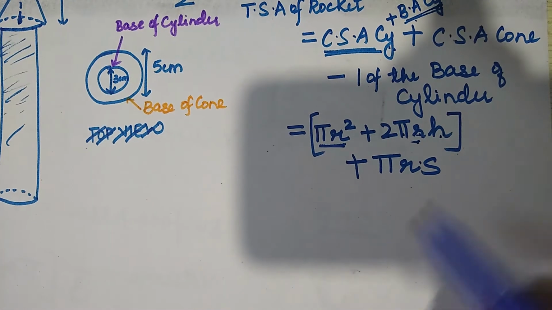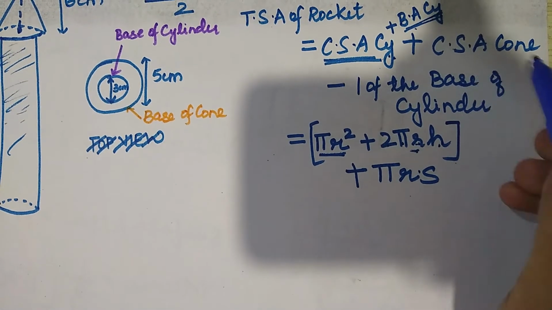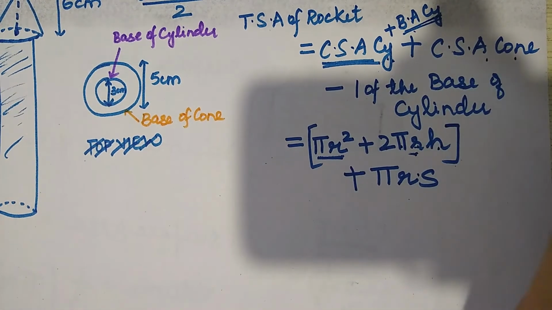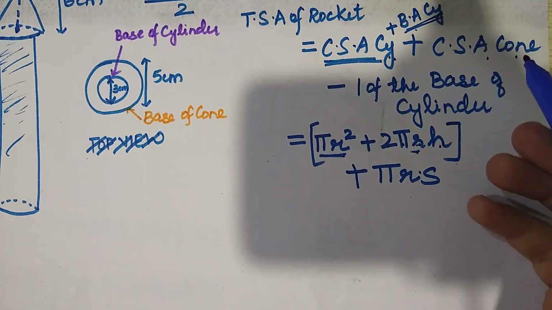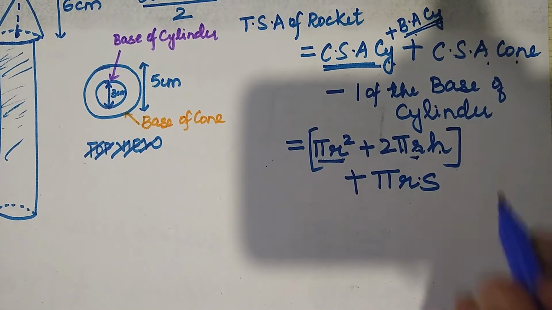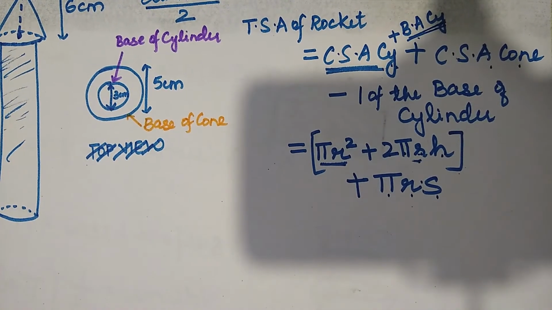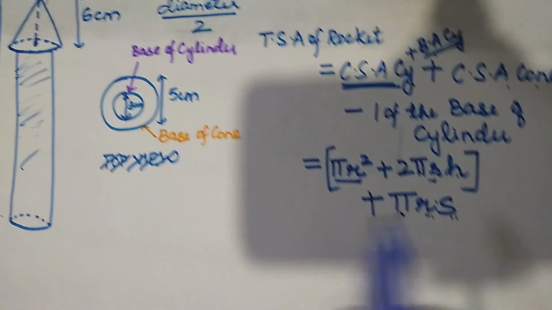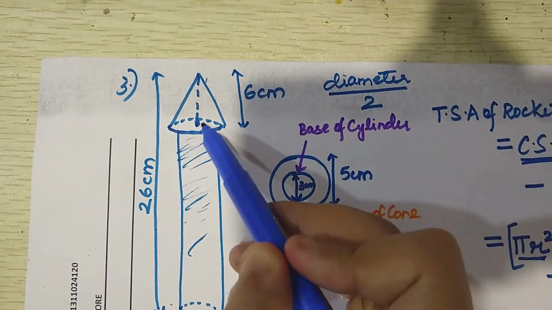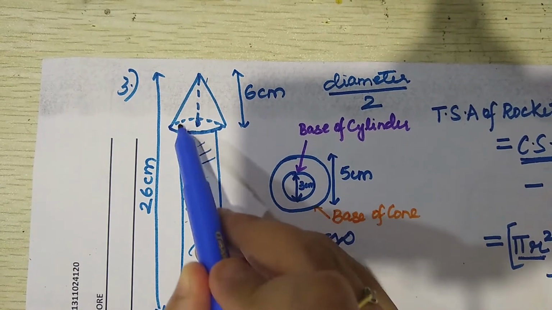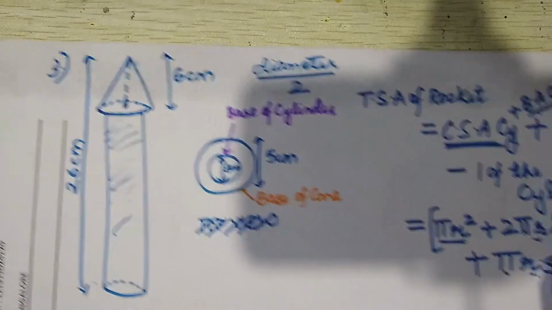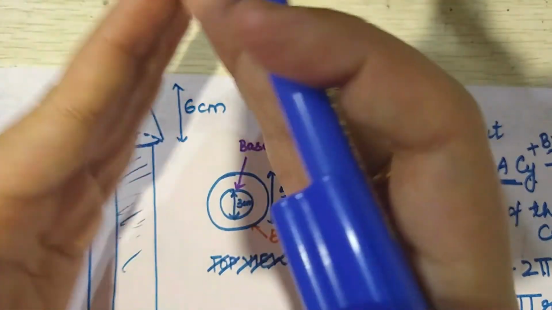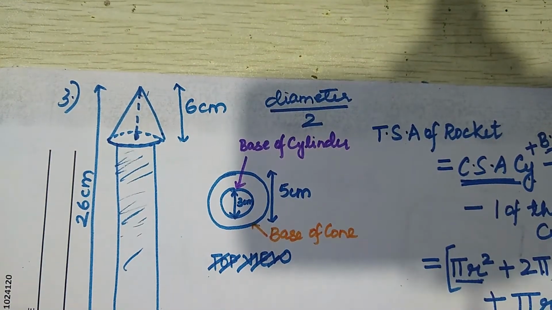Now we'll come to the cone part. Now cone is only curved surface area of the cone. That is it, nothing else. So the curved surface area of the cone is given by pi rs. What is pi rs? Pi into r, the same thing here, pi into r for the circular position here, and s is the slant height, which means it is a part of the sphere, but a hollow part of the sphere.